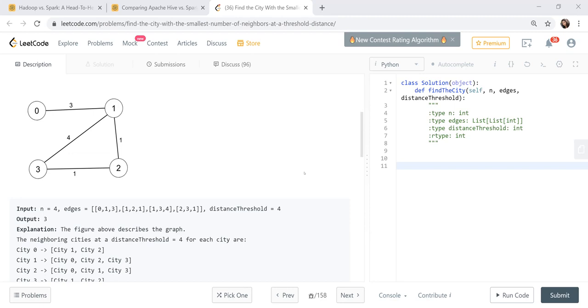Now suppose there's another path from 0 to 3 of weight 1. To reach from 0 to 2 via a single intermediate element, it can pass through either 1 or 3. In that case, if you have 0 to 3 also with weight 1, your minimum weight to reach from 0 to 2 will be via 3. This is just for one path.